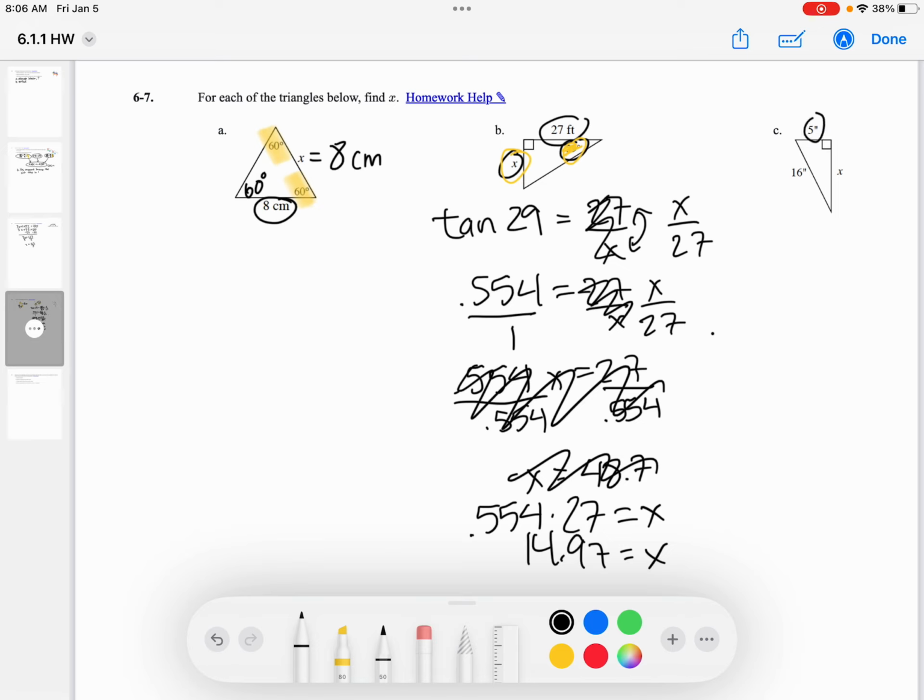All right, let's look at C. We have two side lengths and we're finding the third. It's a right triangle, so we're going to use the Pythagorean theorem here. 16 is my hypotenuse, so it goes by itself. X squared plus 5 squared equals 16 squared. Okay, x squared plus 25 equals,